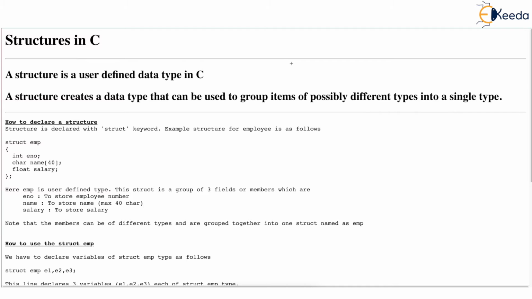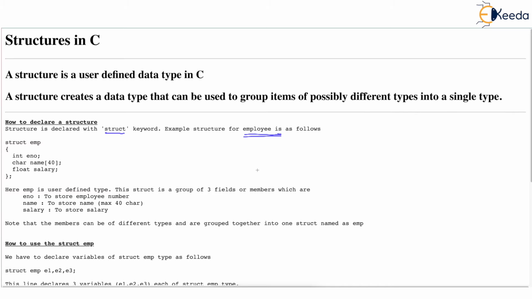I guess you should know why we are doing this, or what we are up to. Just see, suppose we want to declare a structure for an employee in a company. Imagine an employee in a company. What will an employee have? Every employee will have some number. We have given some number to the employee. Name, of course, and salary. That's what the employee works for. And many other things like address of the employee, marital status, whether married or unmarried, number of children the employee has, and so on.